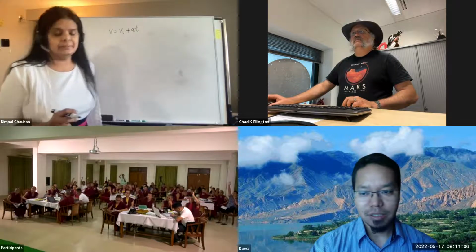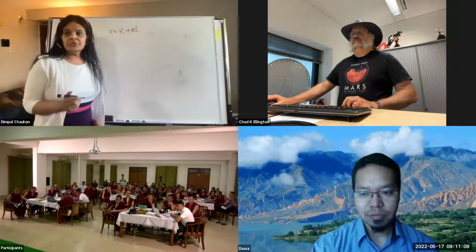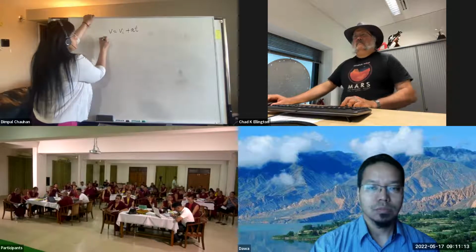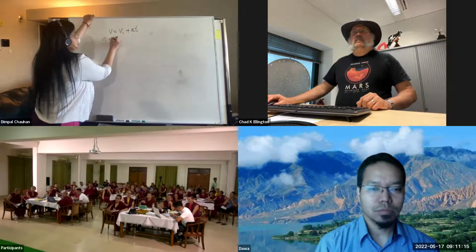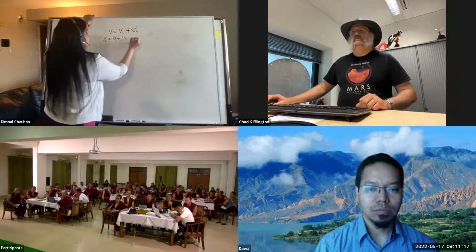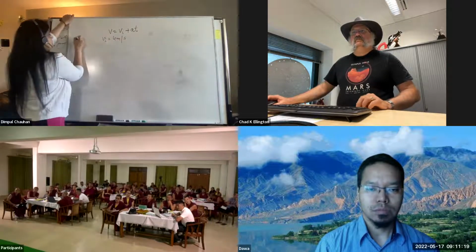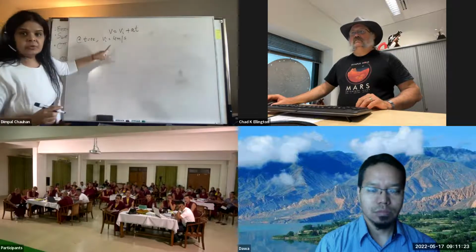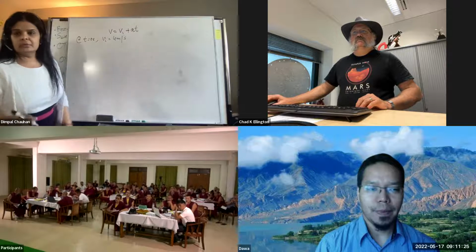Yes, they can see. Okay, perfect. Thank you. So this initial velocity is given. What is the initial velocity? 4 meters per second at time equals 0 seconds, right? So now, yeah, you can